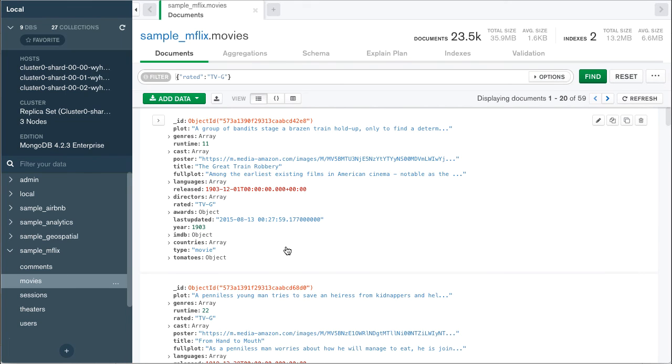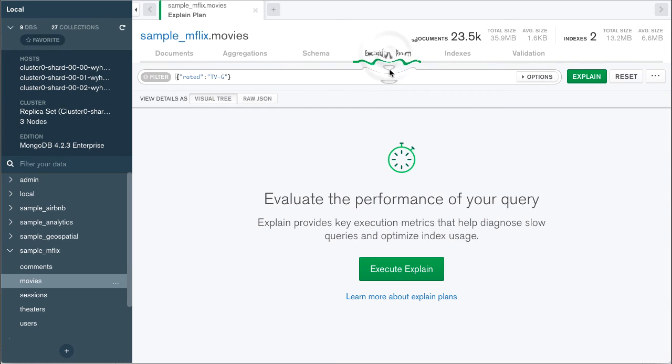So it found a whole bunch of documents, 59 of them, in fact, that are rated TVG. So how well did it do? The nice thing about MongoDB is it'll tell us right in Compass, right here. If we click on Explain Plan,